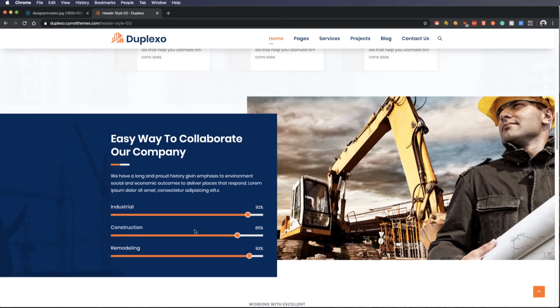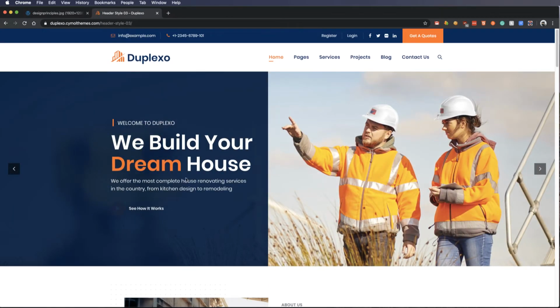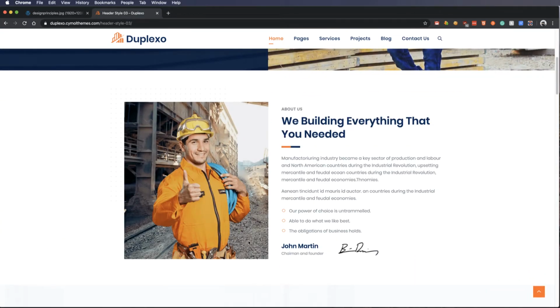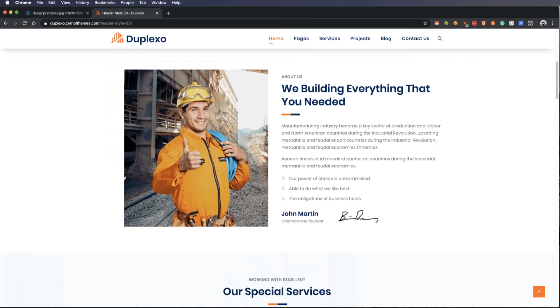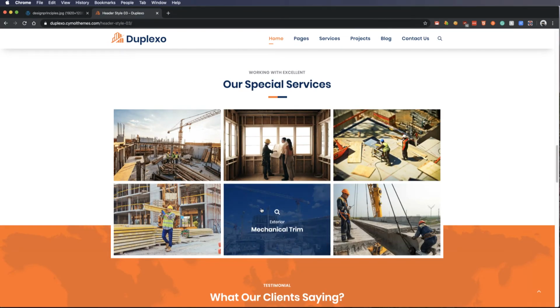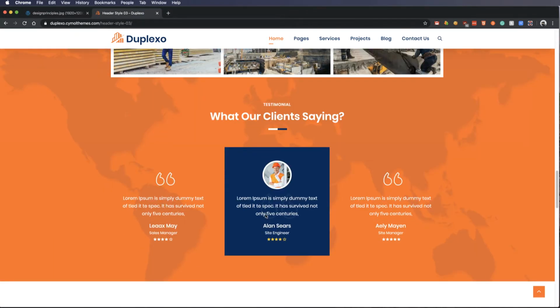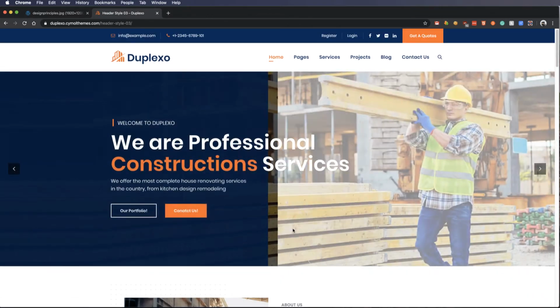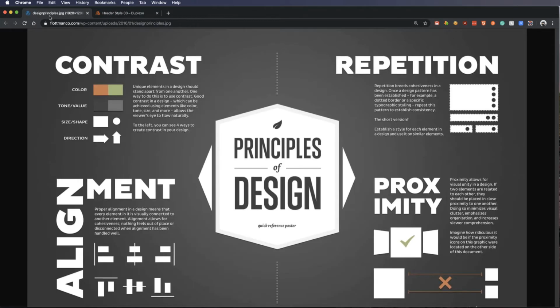We also can look at other ways. For example, on here, we can see that this font is all uppercase and this is normal case. This is bold, this is not. We can see other examples throughout the site of imagery and non-imagery. Contrast really can help direct your eye towards things and makes things stand out typically. And so that's really probably one of the easiest ways that you can help your design is just through basic